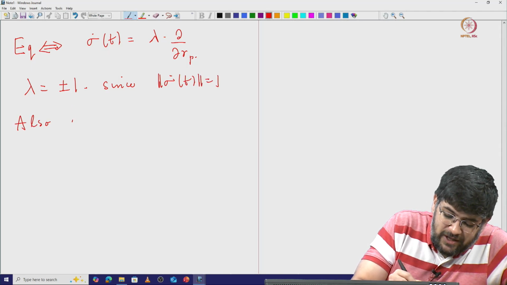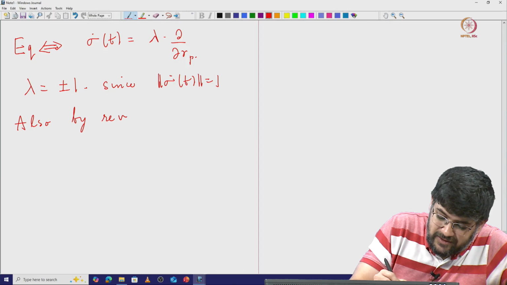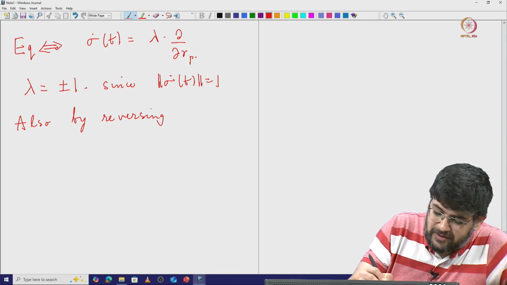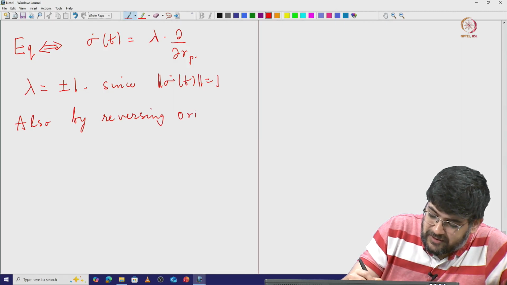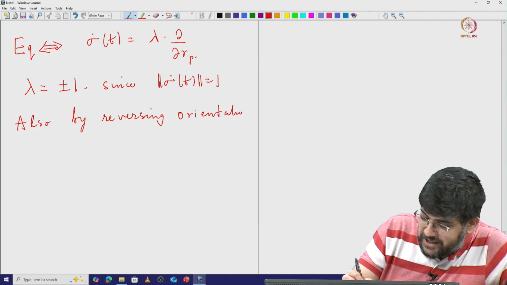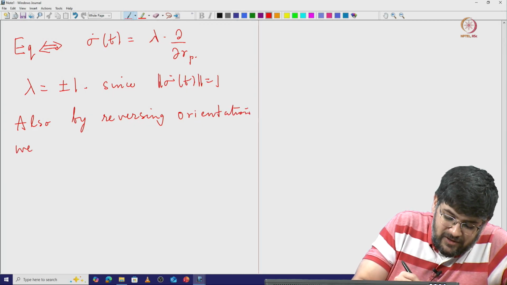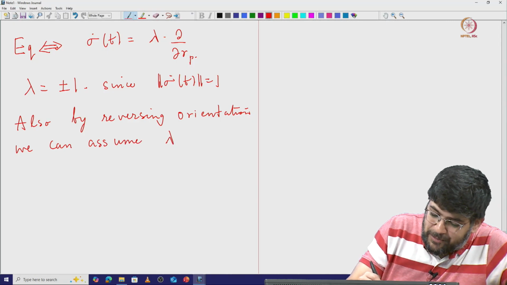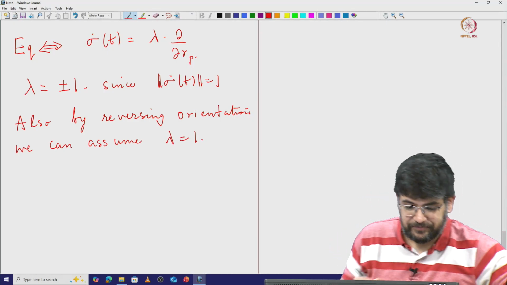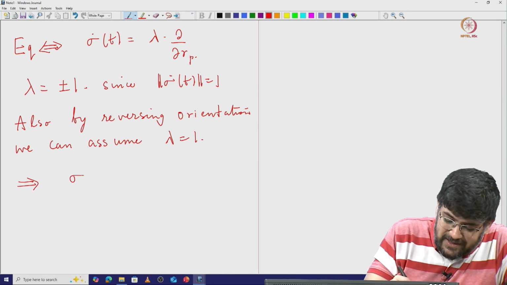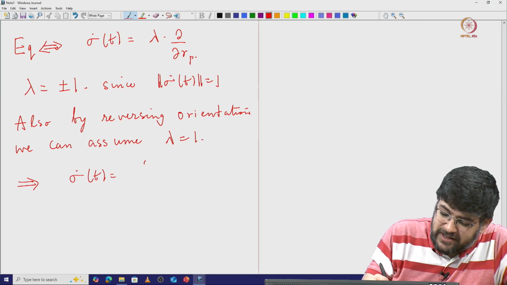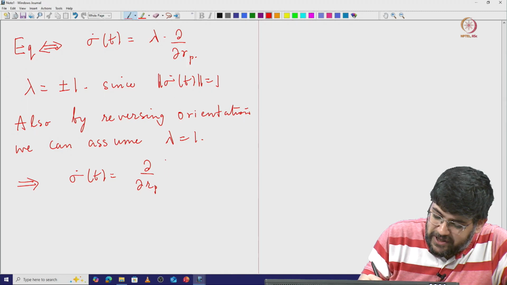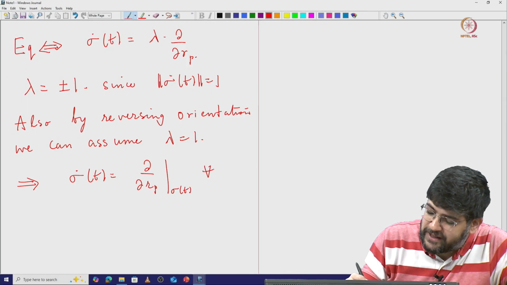Also by possibly reversing orientation, which does not change the length at all, we can assume that lambda is actually 1. Okay. So this implies that sigma dot of t is del by del rp at sigma of t for all t,